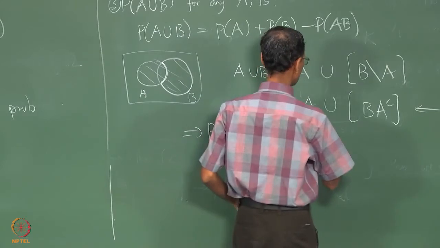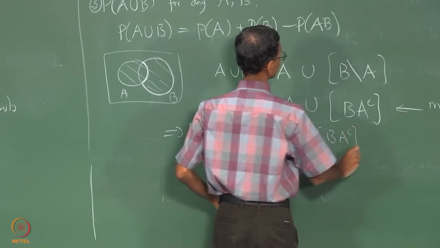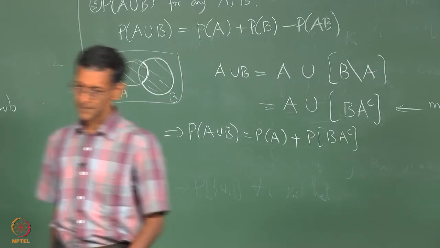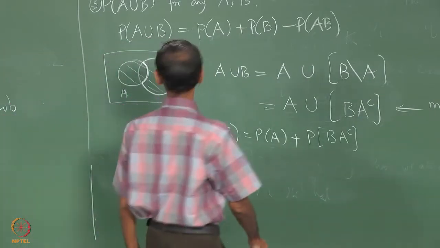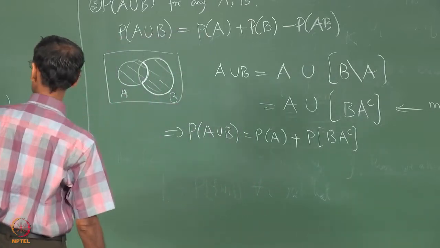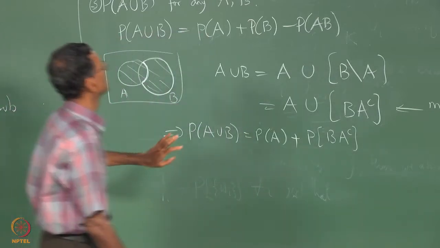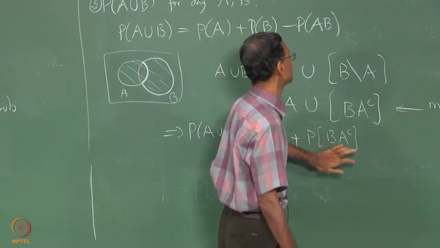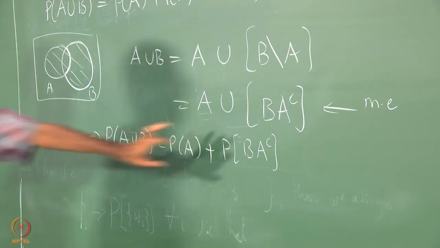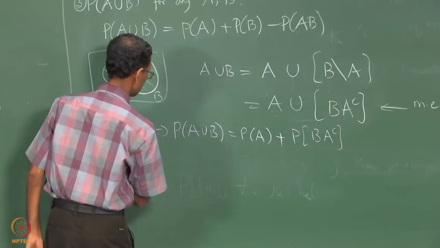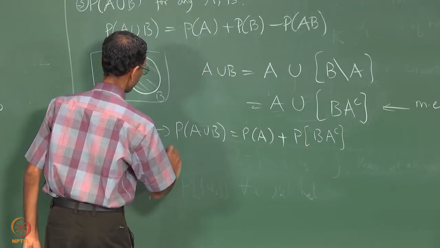I just write this as P of BAC, and then from this it's easy to derive that this must be PB minus PAB. So in general, whether it's this form or this form, P of BAC is PB minus